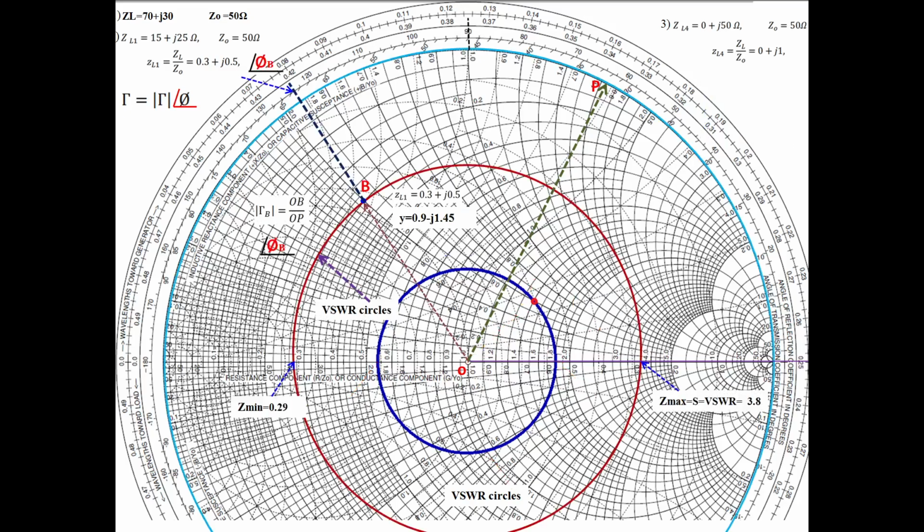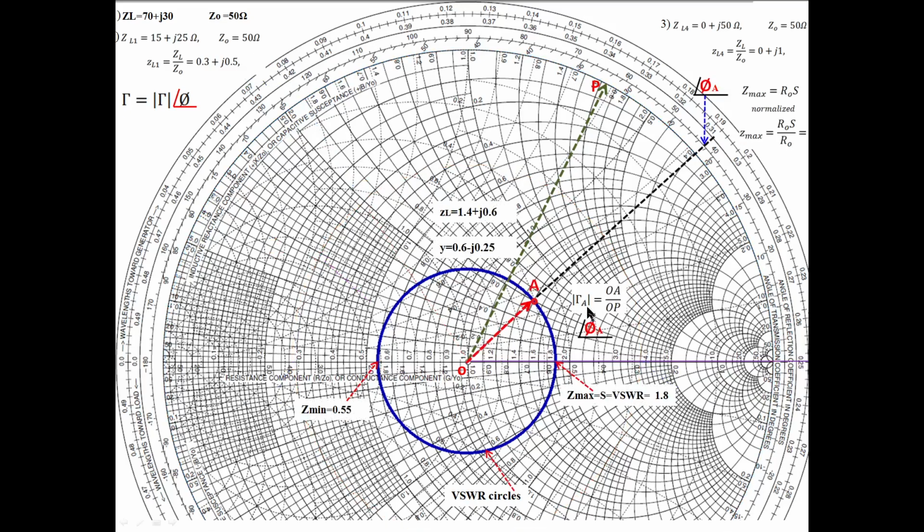Okay, we will see one more example. This is the VSWR circle. We have to draw a circle passing through the load point here. Take the distance from the center of the Smith chart to OA as the radius and draw the circle. That is the VSWR circle. I told that in the previous class. This is for this example.